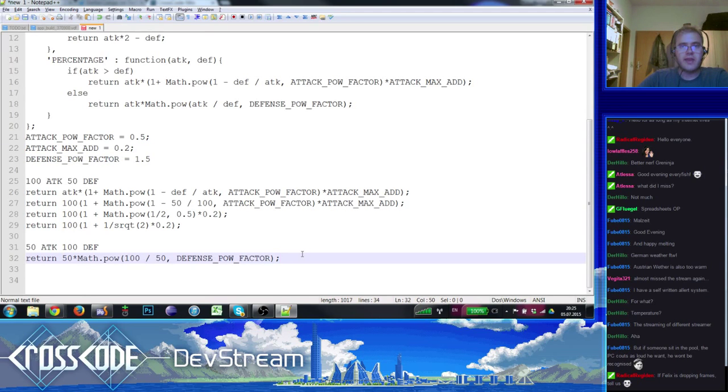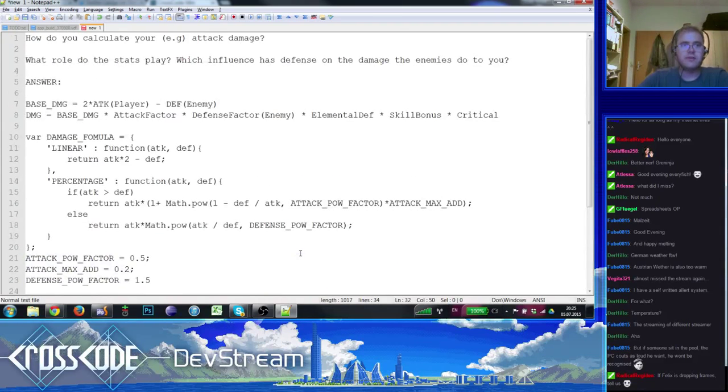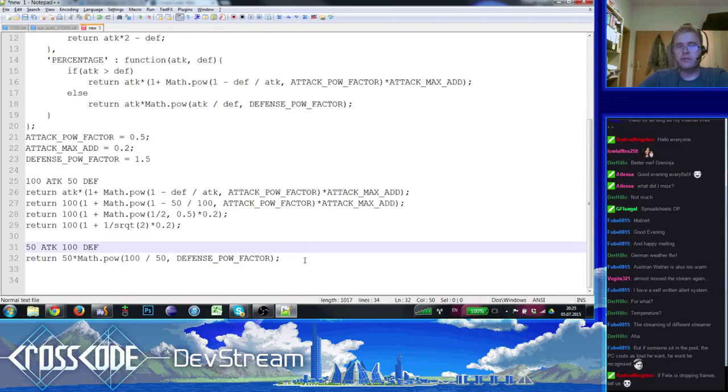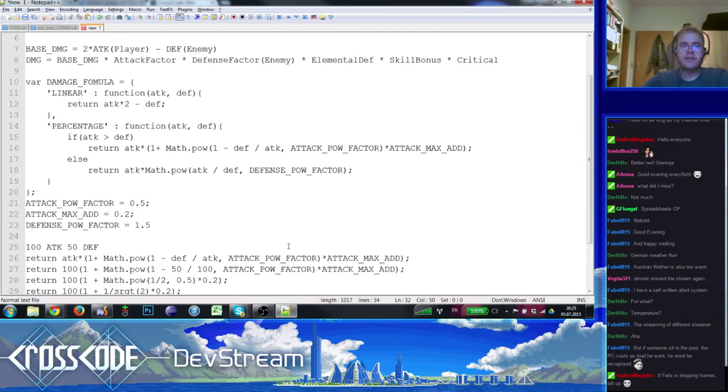So yeah, it's a mess really. It's not really intuitive, but it kind of works. And it's designed in a way that this formula behaves similar to the linear formula when attack and defense are close to each other. That was also important to me. If they're close to each other, they should behave the same way.